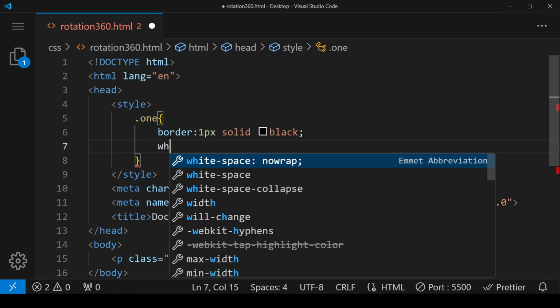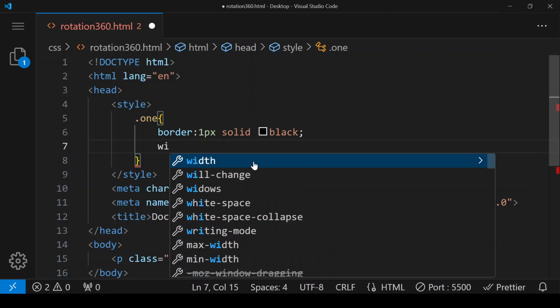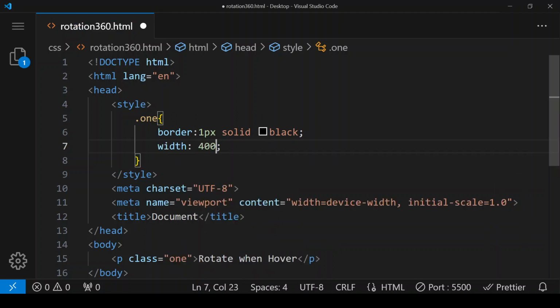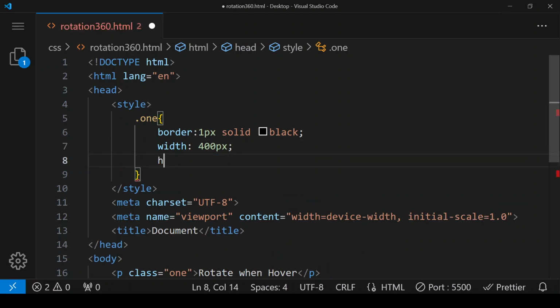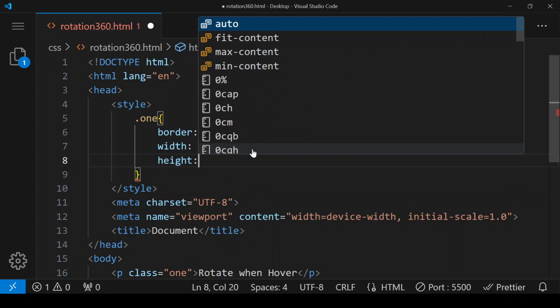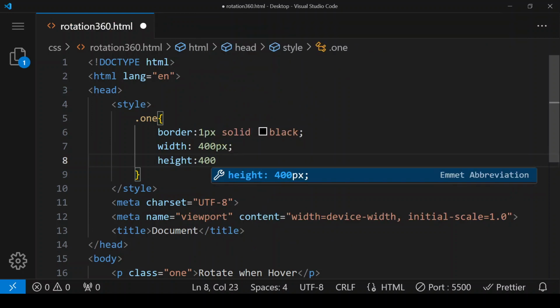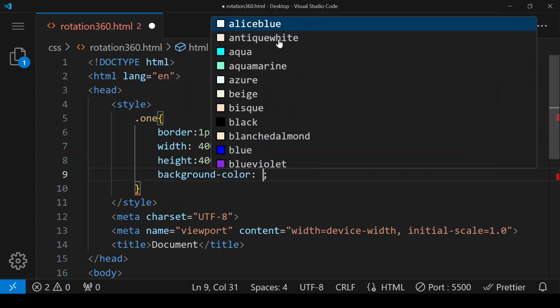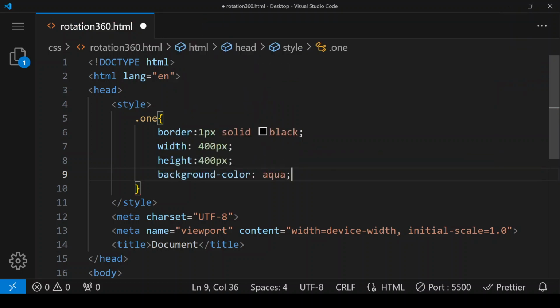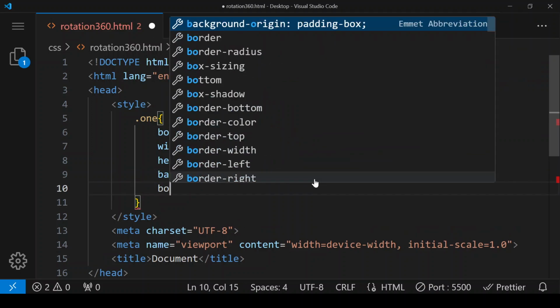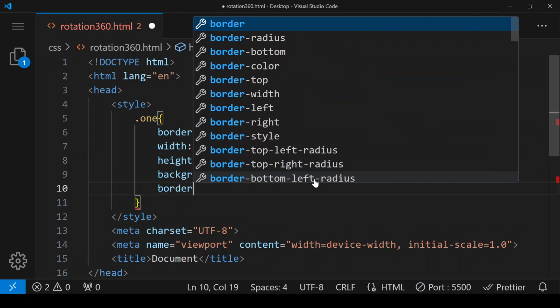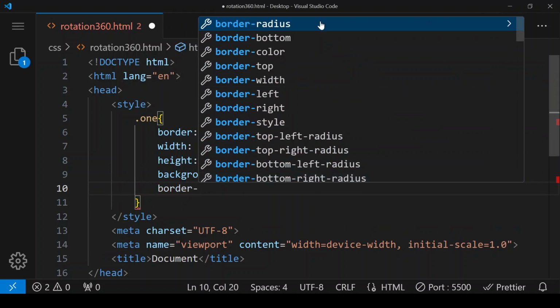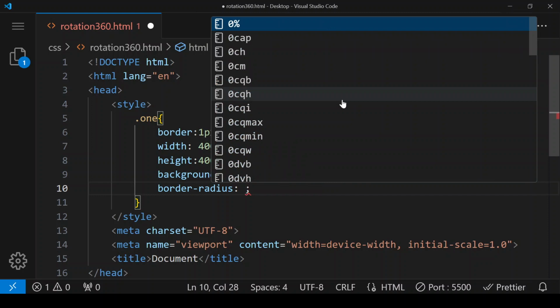width I'm giving is 400 pixel, height I'm giving is 400 pixel, background color I'm selecting is aqua, border radius I'm giving is 5 pixel,